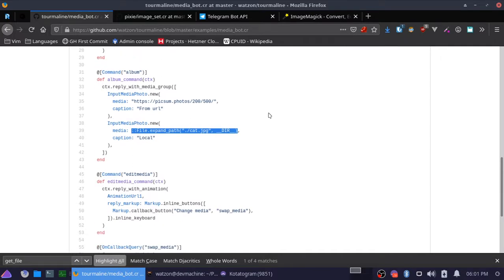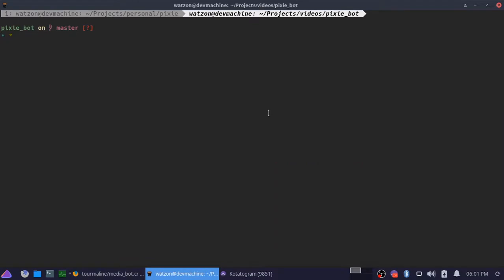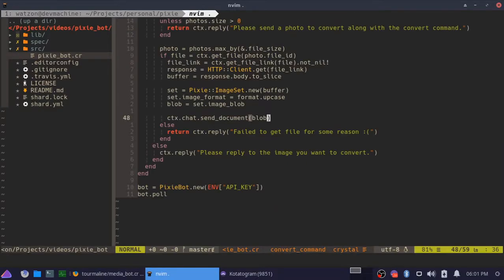Because I don't want to have to create a file and then open it and then send that file and then delete it, but that's exactly what we're going to have to do right here. So let's do that. We're going to go ahead and